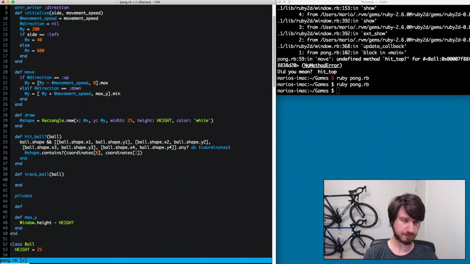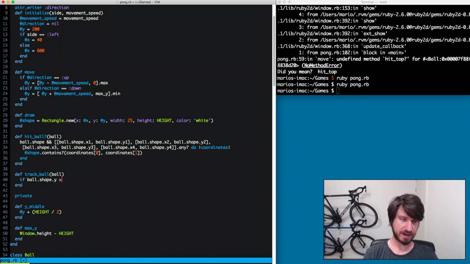So we'll say def, let's say y middle. And that's going to be our y plus half of the shape's height. So shape dot height. Actually, I can just use this. That's good. Y plus height divided by 2. So we just want to divide that height by 2. And then we'll compare that against the ball's y. So we'll say if ball.shape.y,